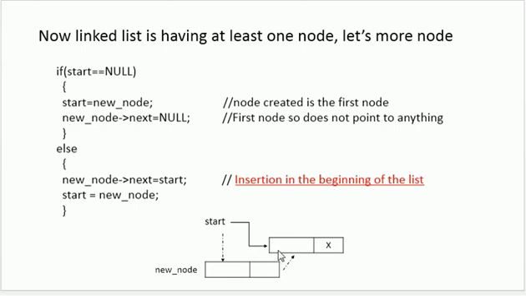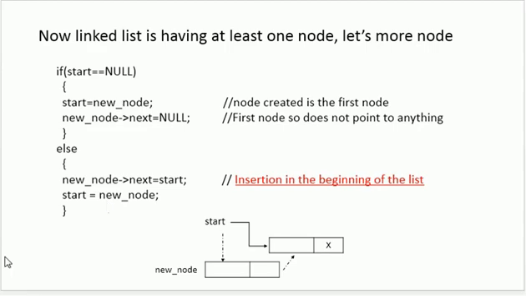So that's why I'm writing over here that the next part of this new node is containing start. And now my linked list is getting started from new node. I have changed the starting point for my linked list as well, because with the addition of new node in the beginning of the list, address of the starting pointer has also changed.